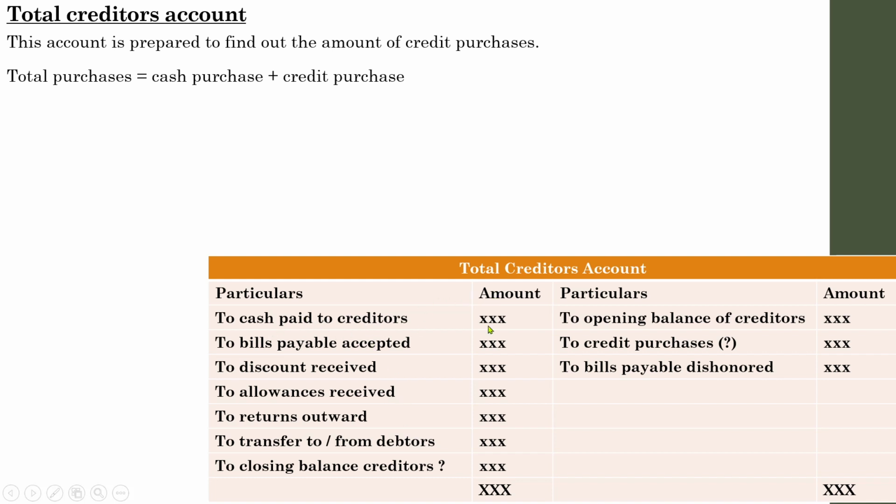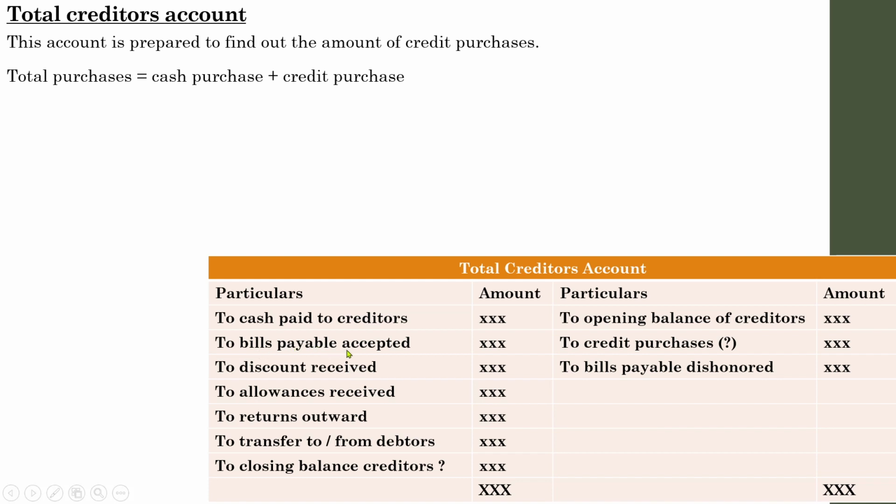It consists of a debit side and a credit side. The debit side includes all those items or transactions that lead to a decrease in the amount of creditors, whereas the items on the credit side are those transactions that increase the creditors, or the amount of liability of the business. That is the main logic regarding how to record the transactions. Whenever cash is paid to creditors, it will be shown on the debit side. I hope you know the journal entries with regard to that. If you have any queries, go through the notes or theoretical aspects of the +1 +2 text, or contact me.